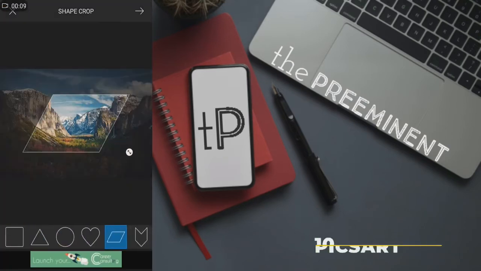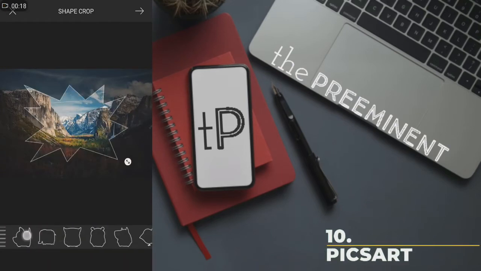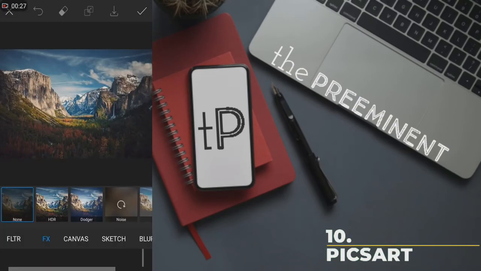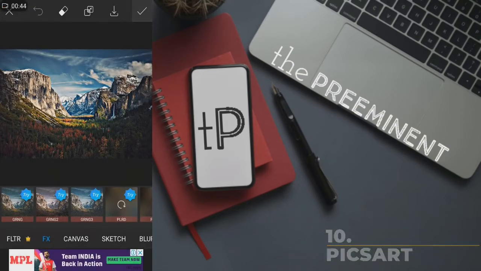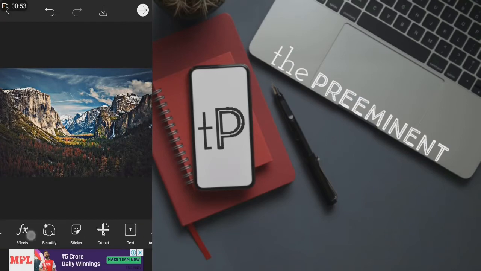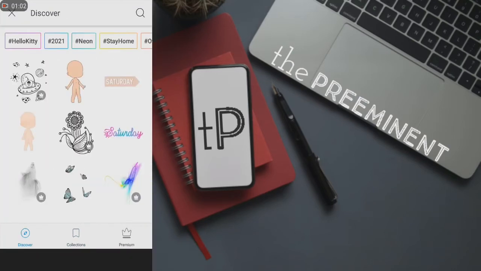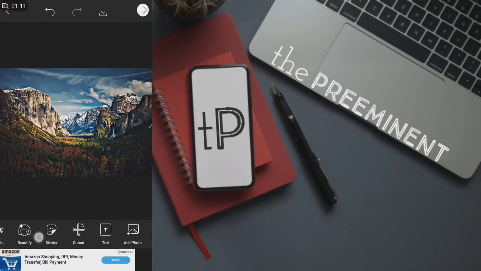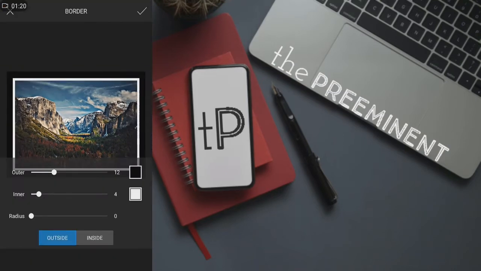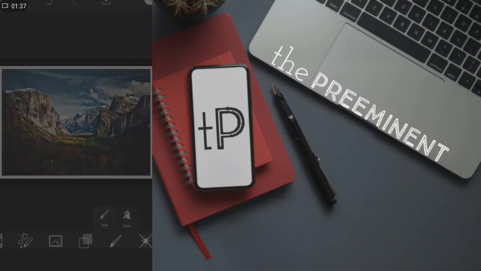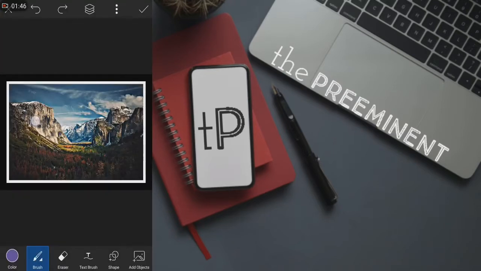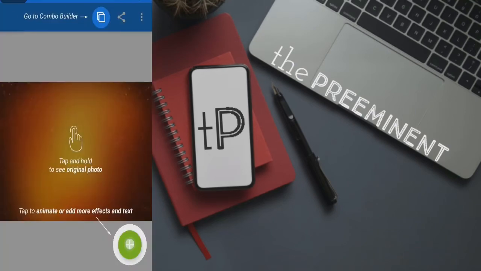PicsArt has been around for a very long time and has accumulated over 250 million downloads to date. Thankfully, the developers have done a decent job updating the app to keep it modern. You'll find a lot of the usual stuff including the light editing tools as well as filters, text, stickers and collages. It boasts over 100 editing tools as well as a community of creative people to share stuff with. You can also use this app to generate animated GIFs and even draw on your photos. It's a strong option with a lot of features. There are also plenty of other photo tools by PicsArt.